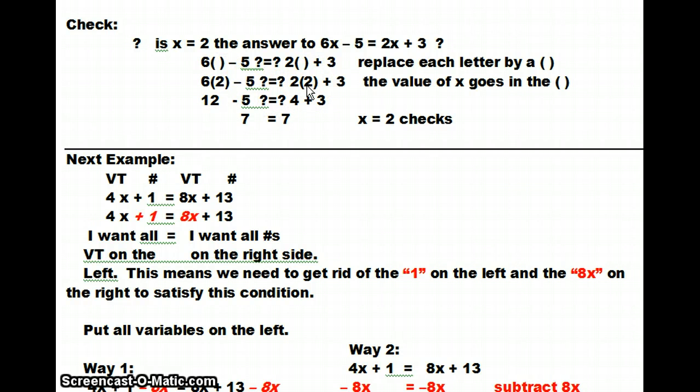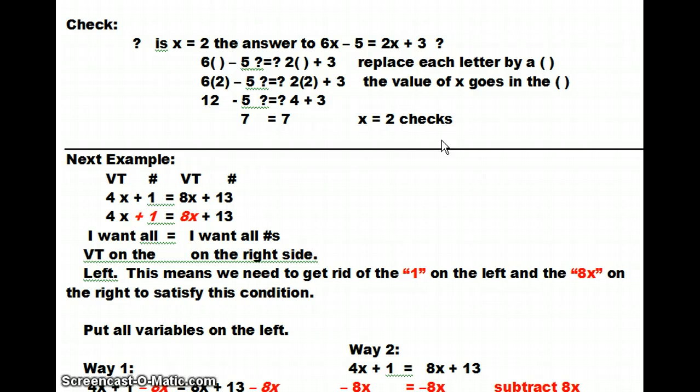Then you go through and use the please excuse my dear Aunt Sally rules again. So we have 6 times 2 is 12. 12 minus 5 is 7. 2 times 2 is 4, and 4 plus 3 gives us 7. So it checks. So that means that we're confident that x is equal to 2 is the answer to our